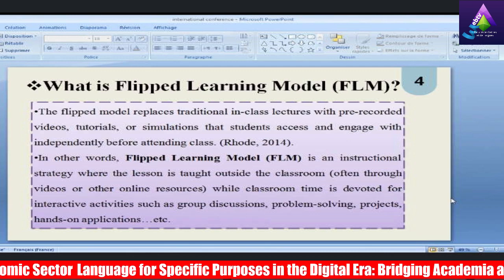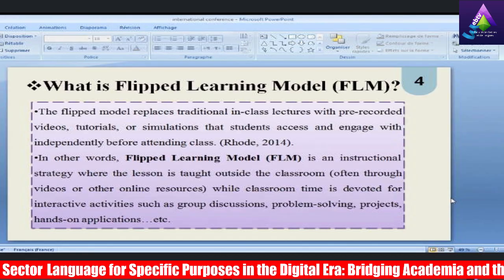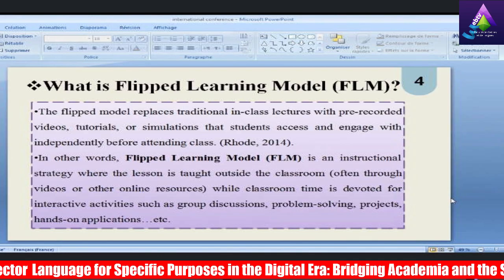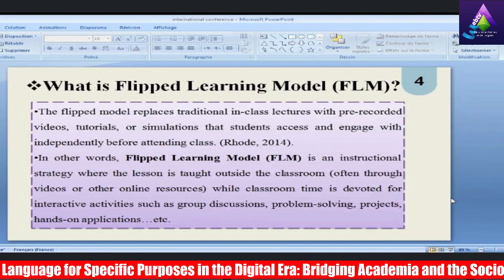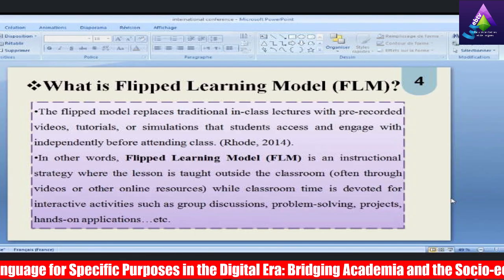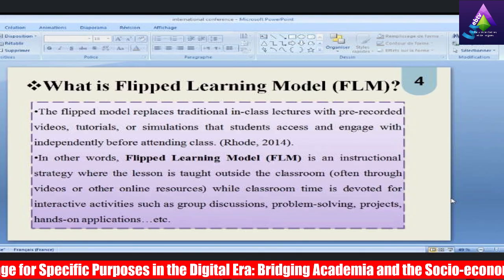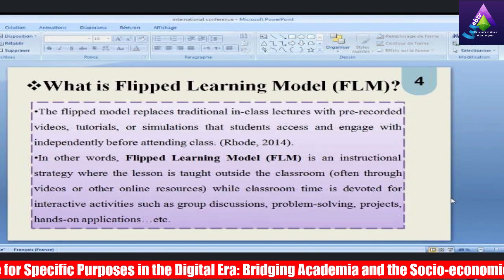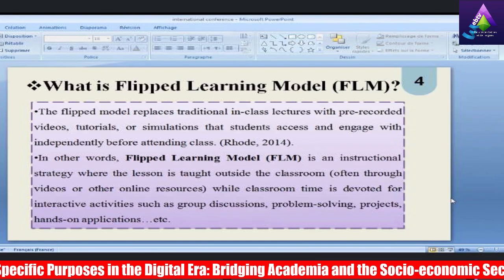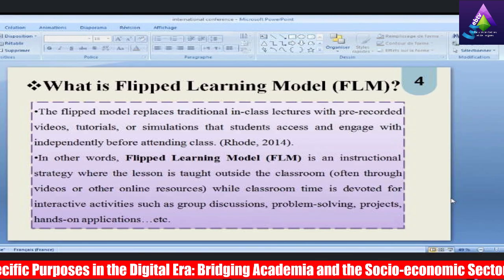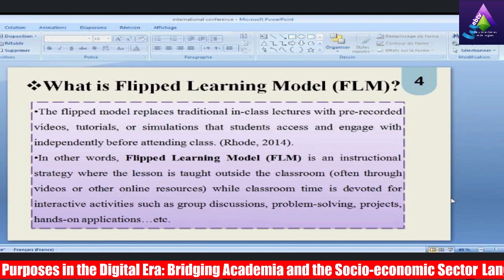The flipped learning model replaces traditional in-class lectures with pre-recorded videos, tutorials, simulations that students access and engage with independently before attending class. This is according to Row 2014. In other words, the flipped learning model is an instructional strategy where the lesson is taught outside the classroom, often through videos or other online resources, while the classroom time is devoted to interactive activities such as group discussions, problem solving, projects, and hands-on application.